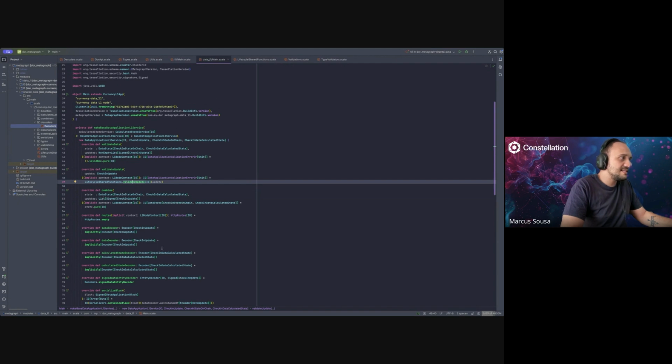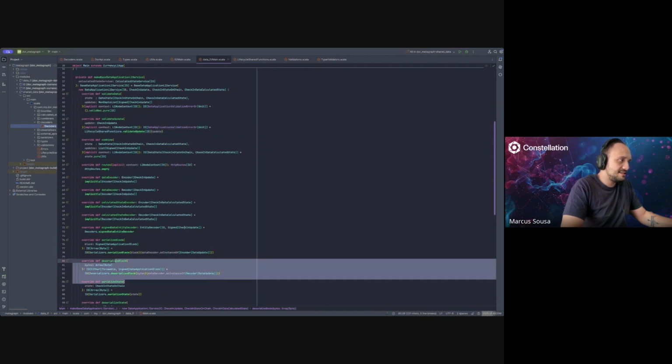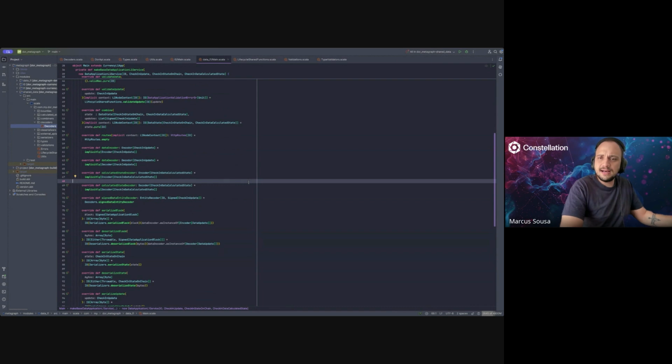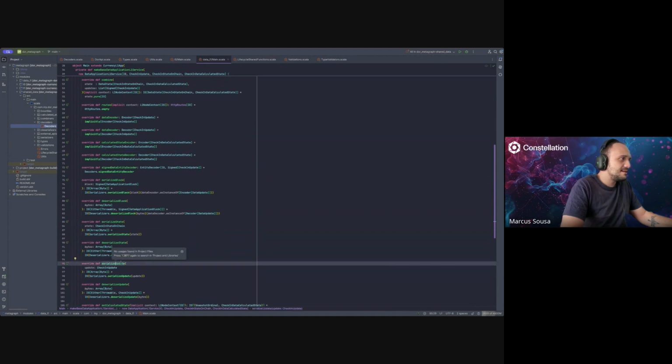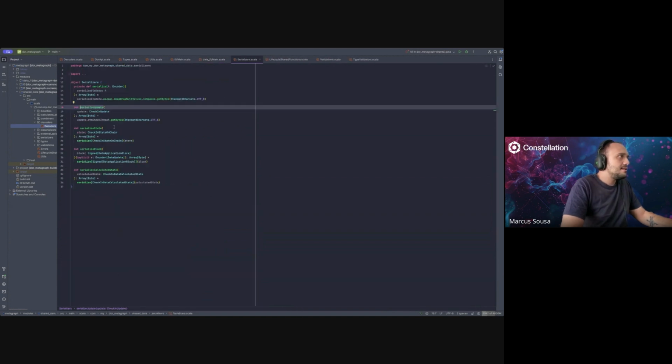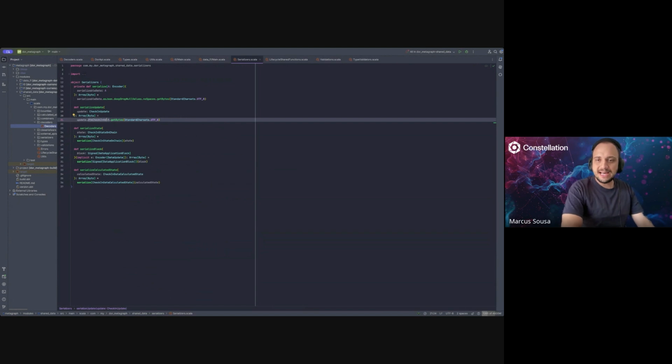We need to serialize the update. We have the serializers that were described a couple videos ago, individually. But right here on Door, I will take a look at the serialized update because it's a little different. Like I've told, we have the check-in hash, and we are assigning the check-in hash. So right here on serialize, we need to provide the information that we signed. In this case, we signed the hash information, the DTM check-in hash, and the signature is relative to this